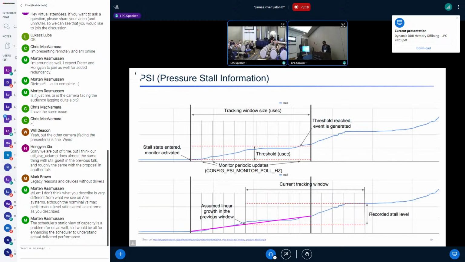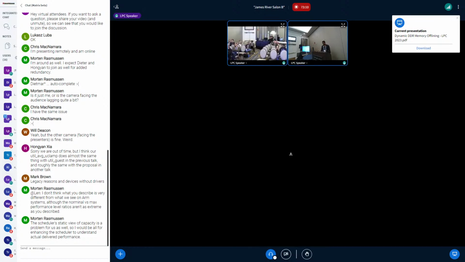This is one of the slides I took from Suren from Google, describing the PSI monitor. If you see in the first graph, especially the blue line, when it has a stall, the sampling starts. In the given window, if the stall is more than a particular threshold that the user has registered, it generates an event to user space. So, for example, if you want an event when there's pressure of more than 100 milliseconds, you can register for that. If you're doing a malloc or something, and the process is stalling for more than 100 milliseconds, you'll get an event in user space. So we can use this to monitor pressure in the system.